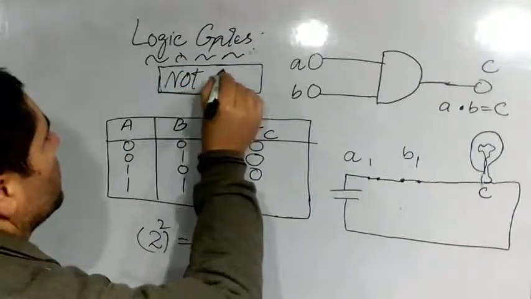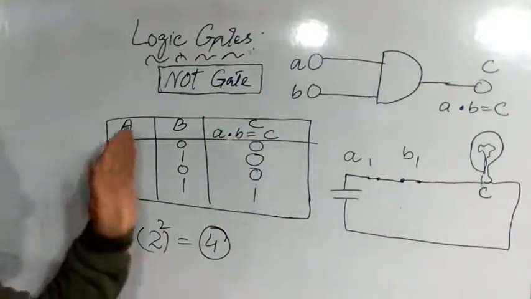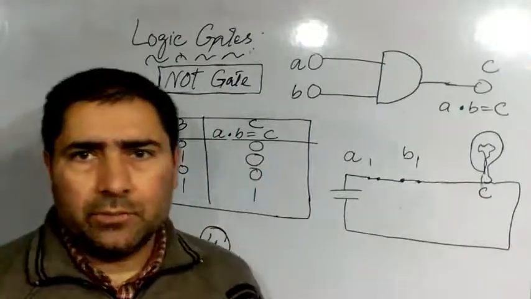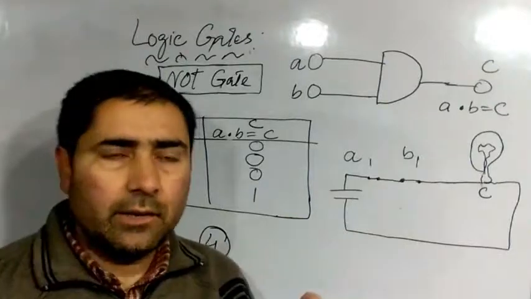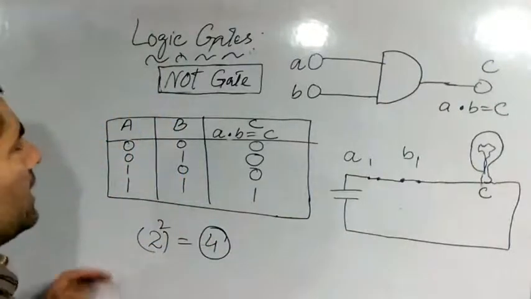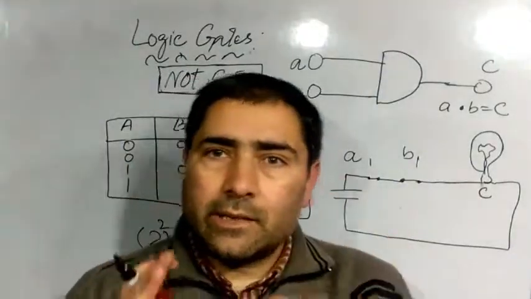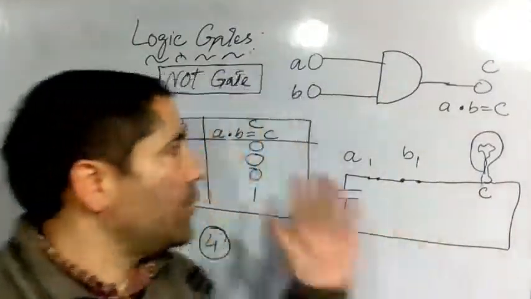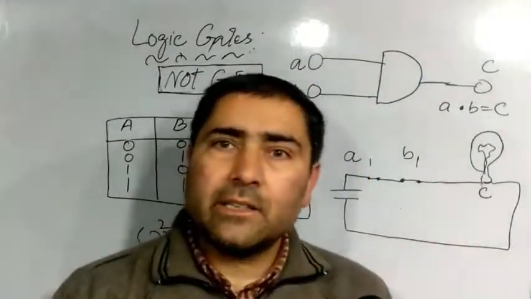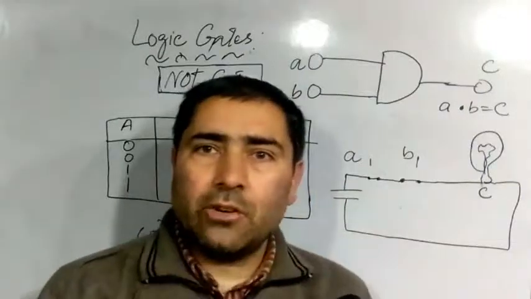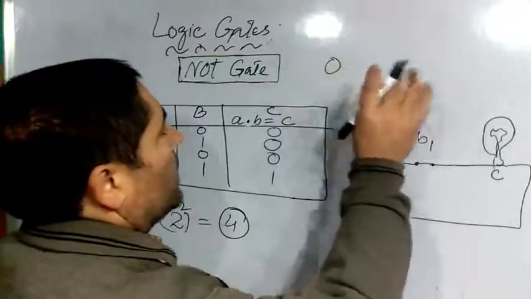NOT gate. This NOT gate takes only one input. It might be 0 or 1. And it reverses the input. It is an inverter. It complements the input values. If the input is 1, it will result in 0. If the input is 0, it will result in 1. Its logical representation is